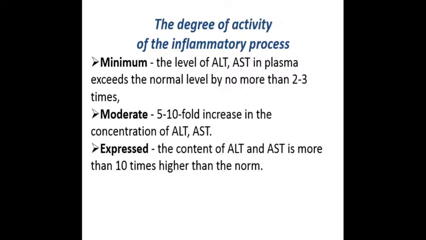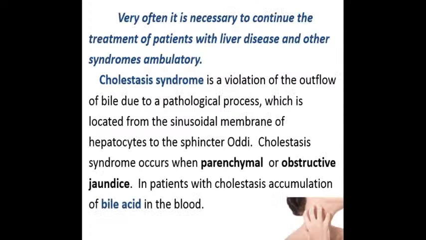Minimum is when the transaminases are 2 or 3 times higher than normal. Moderate is a 5 to 10 times increase. And if the transaminases are more than 10 times higher, it is expressed inflammation in this patient. Very often it is necessary to continue the treatment of the patient with liver diseases and other